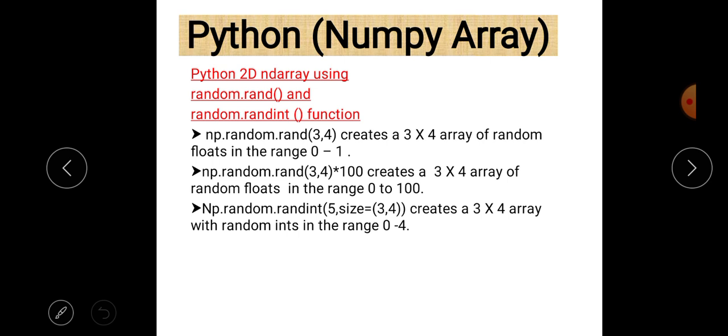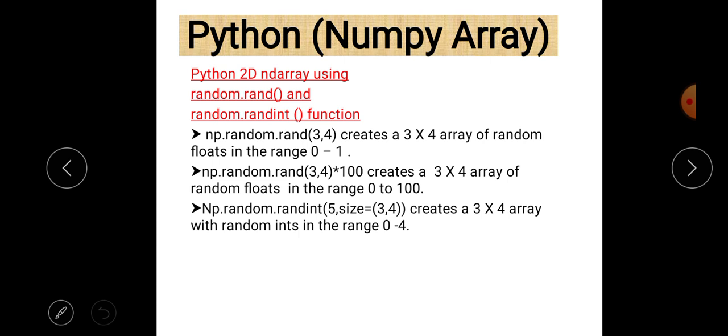Just write np.random.rand and here the size 3 comma 4, which means 3 rows and 4 columns. It will give you an array of 3 rows and 4 columns, in which all values are generated between 0 and 1.